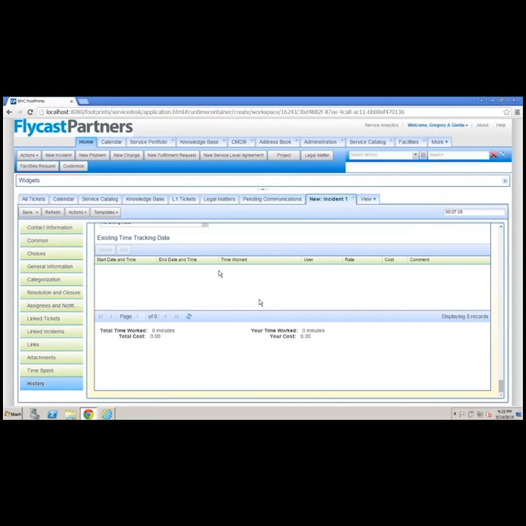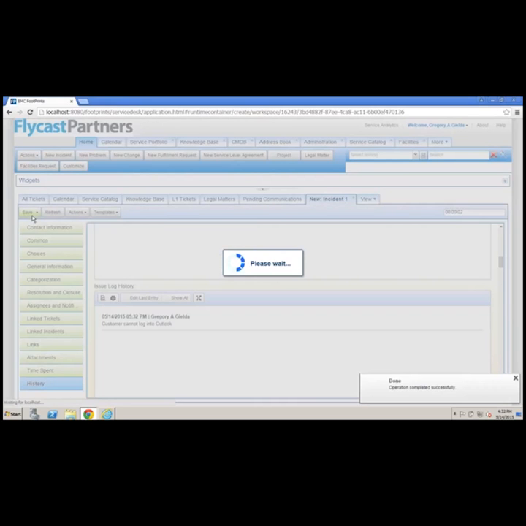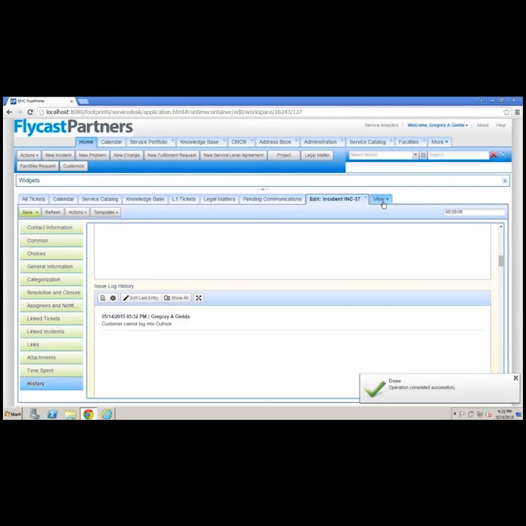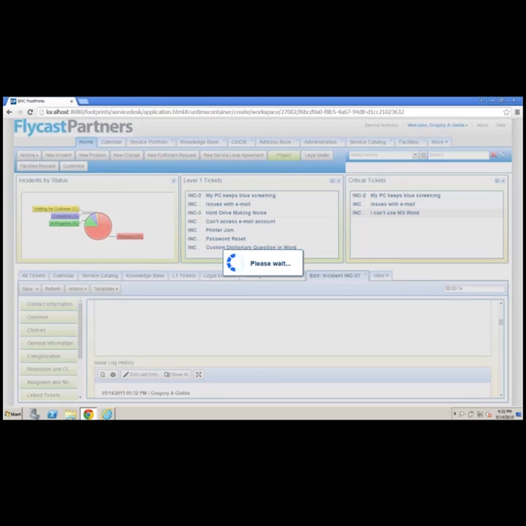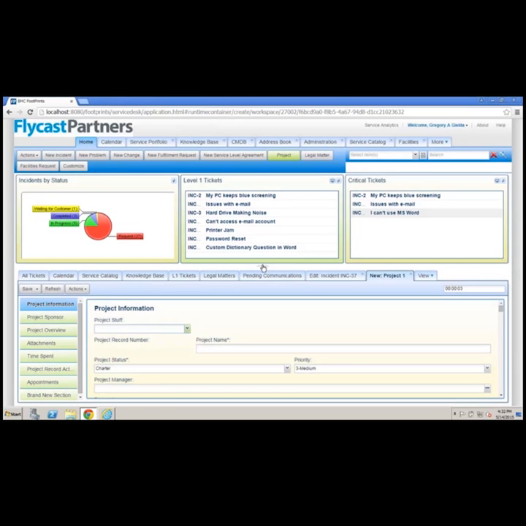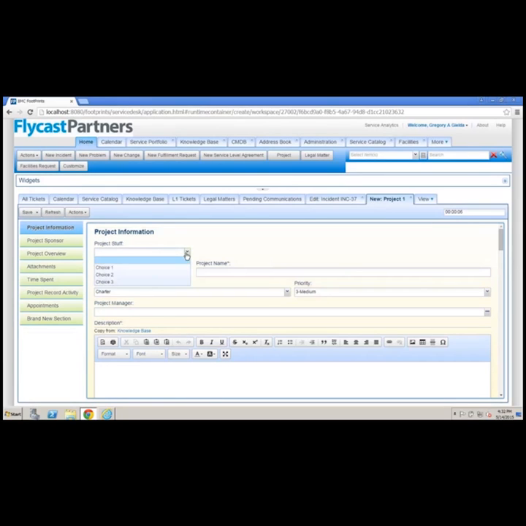Now, of course, FootPrints can take more than just incident requests. I'll go ahead and save this. FootPrints can take requests for problems, change requests, but it can also take requests for things that you may not even realize that you could manage with FootPrints. FootPrints can take requests for ongoing projects. So if I needed to create a project management ticket, I could do that. All of these tickets that I'm opening, right, including my ever popular project stuff field that I added here,